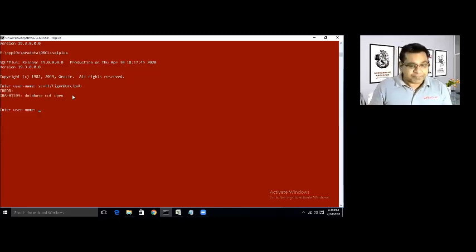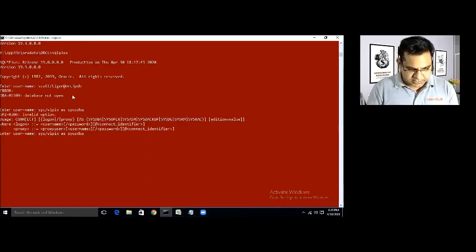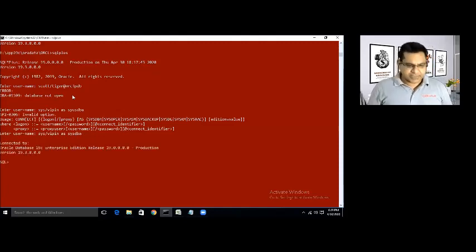So I'm currently logging into my ORCLPDB database, and within that database, I'll be creating a table in which I want the data. Database not open. All right, I need to make the database open first. So I'll be logging in with the sys user. Let's just do it. Spelling mistake. Sys as SYSDBA. So this sys user is the DBA, as you know, right?